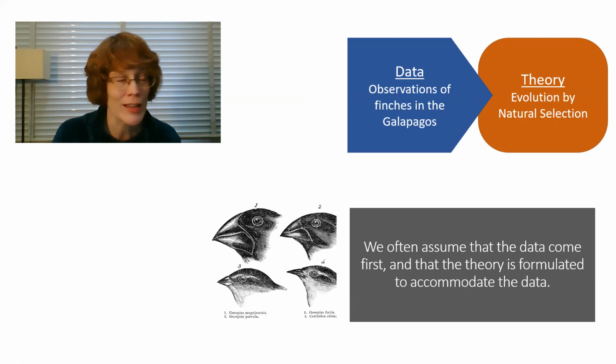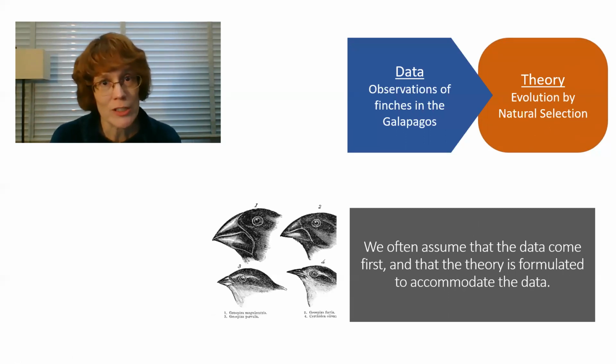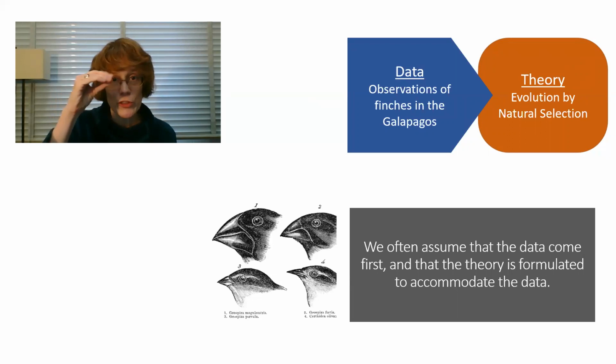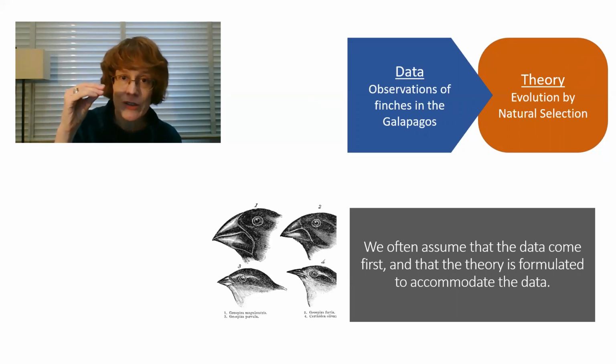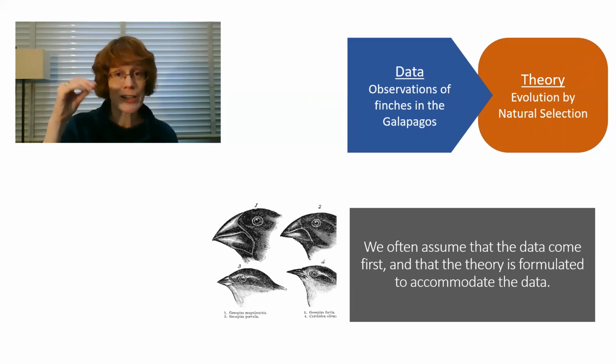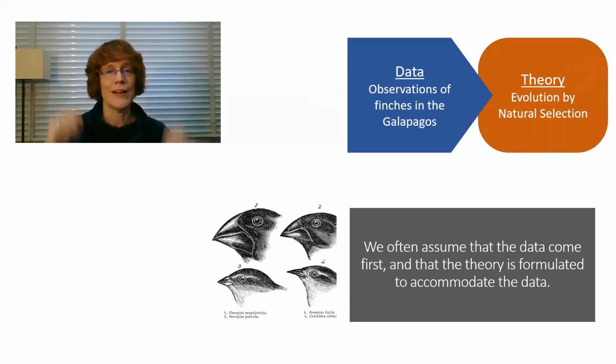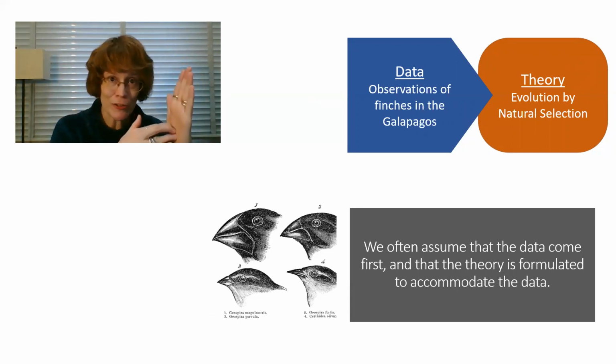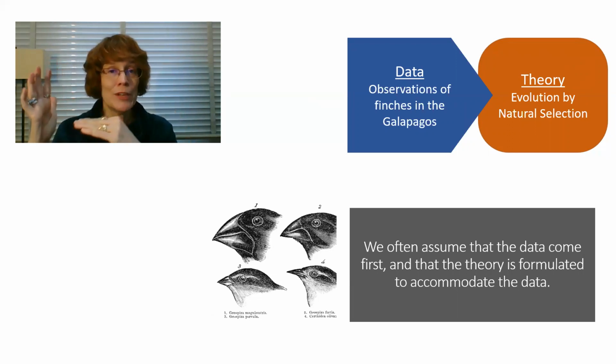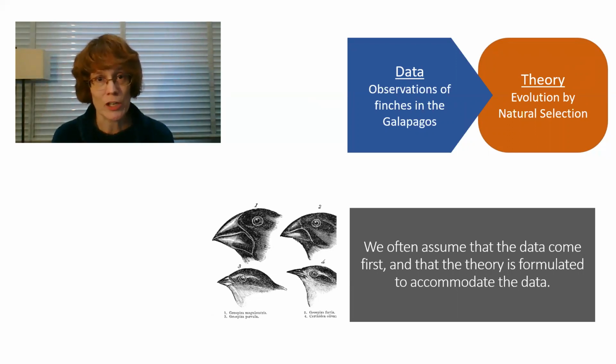This is the story of Darwin going to the Galapagos. Standard story: Darwin goes to the Galapagos, sees a whole bunch of finches with their beaks, and notices that those beaks allow the finches to eat and hence survive and hence reproduce and hence pass on those traits to other baby finches. Voila, right? Data, observations of finches; theory, the theory of evolution by natural selection. What could be more obvious, right? You have the data, you have the theory. I just said before it's a little more complicated. Let's see why.